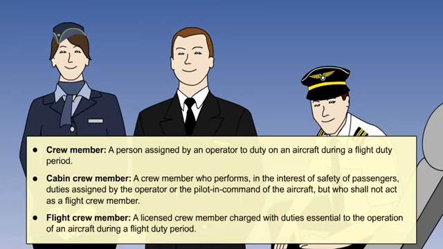Next, we will examine the responsibilities of the crew members, who must properly execute their duties as laid down in the operations manual, especially in terms of safety. Safety reporting is vital, and each crew member must communicate to both the commander and the operator anything that affects safety, particularly that which affects the airworthiness of the aeroplane or the conduct of the operation.